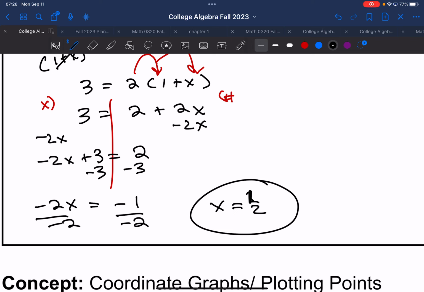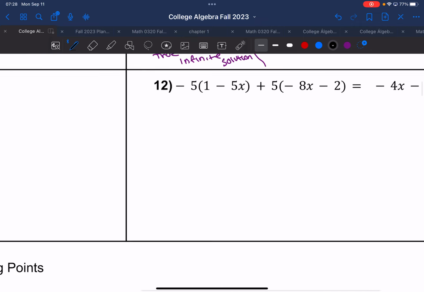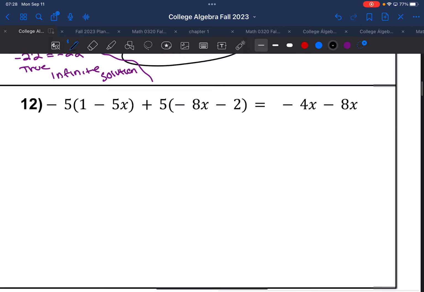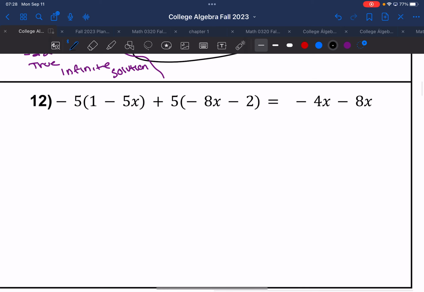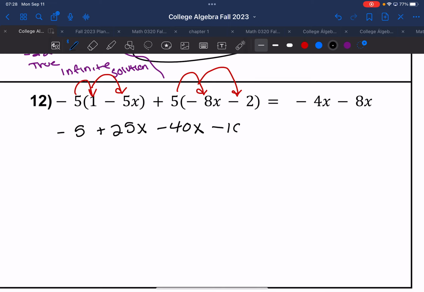Number 12, the last one for this concept. We're going to have multiple things we have to do in number 12 first, and that includes what? Distributing. So I'm going to distribute that negative 5, then distribute that positive 5, and then start solving my problem. So I have negative 5 plus 25x, that's from the first part that I distributed, minus 40x minus 10,